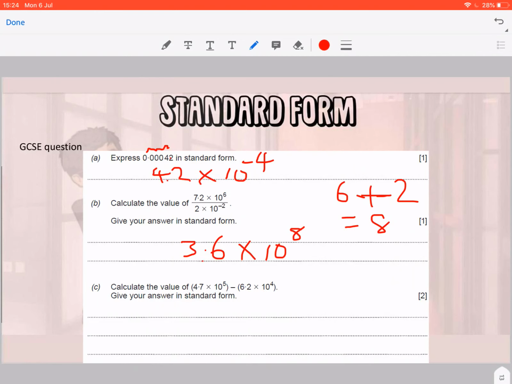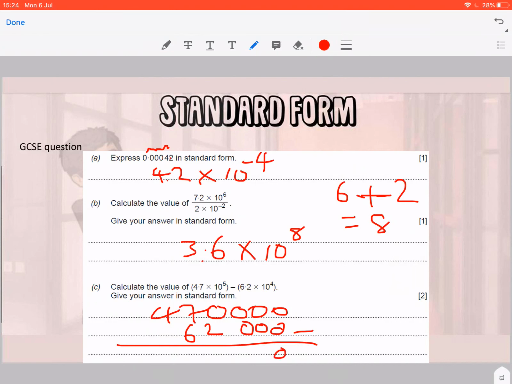Last one, okay, exactly as we just did a second ago. Okay, we're going to take away our powers. 4.7 times 10 to the 5 is the same as 4, 7 and 4 zeros. 6.2 times 10 to the 4 is the same as 6, 2 and 3 zeros. 0 take away 2, I can't do it, so I'm going to borrow. 10 take away 2 is 8. 6 take away 6 is nothing. 4 take away 0 is 4. So my answer is 408,000. Okay, if I want to put that back in standard form, my answer is going to be 4.08 times 10 all to the power of